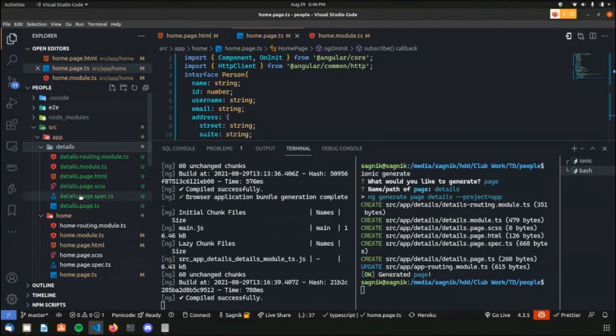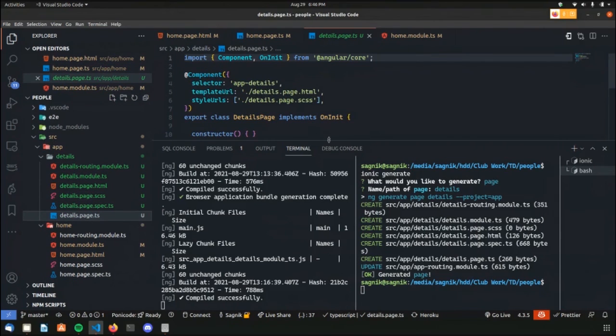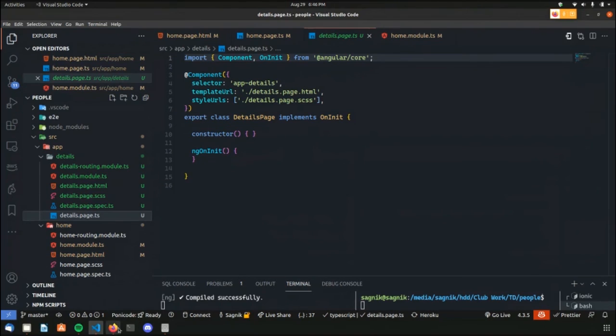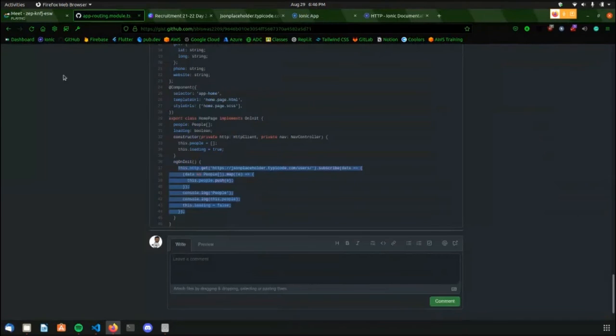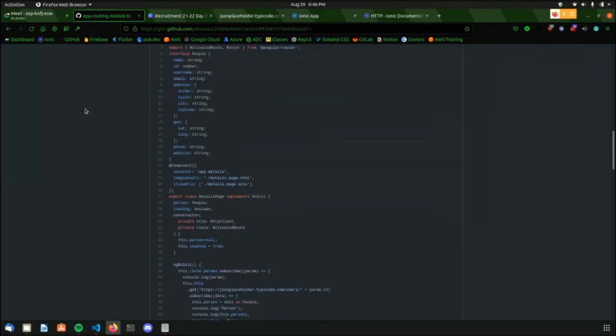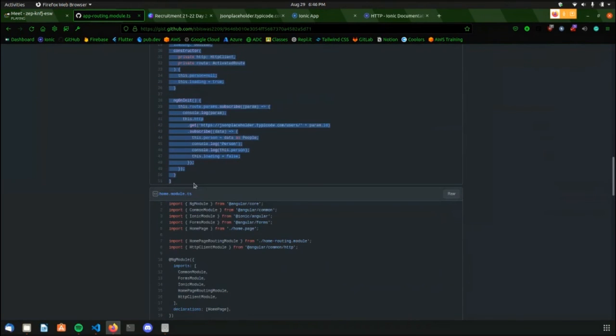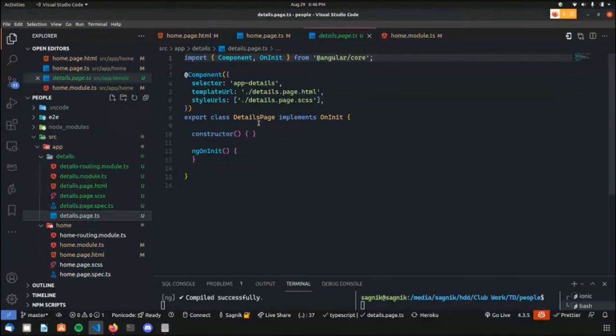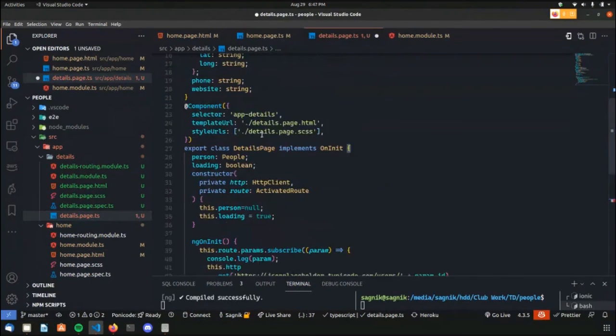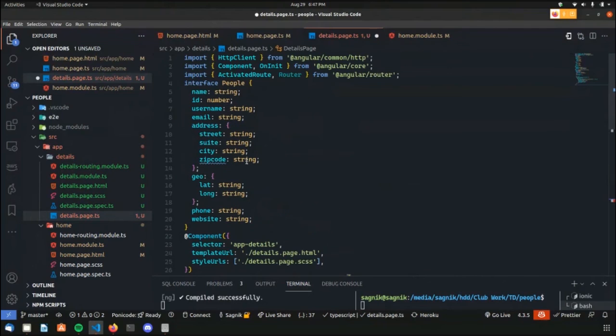Now when I go inside this, I'll be copying it from the previous file here. I've copied it from the previous one. Here also I've created this interface people thing. I'll be renaming it to person.